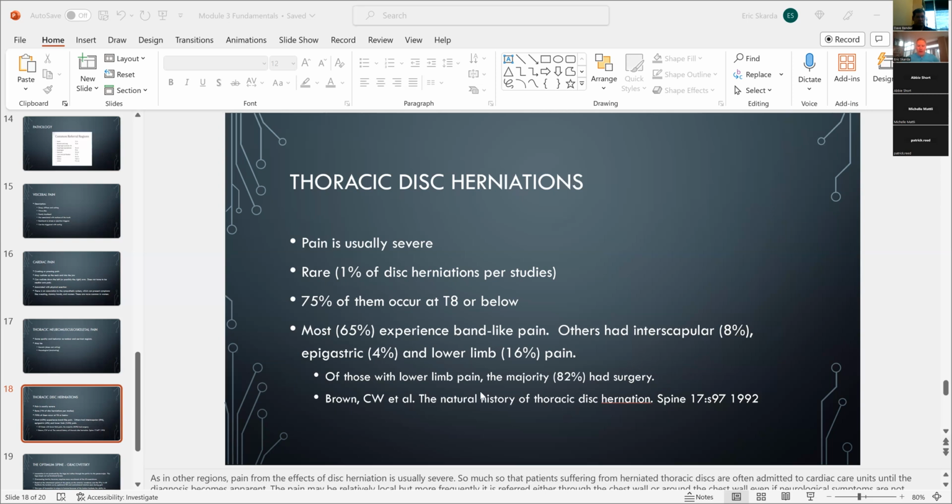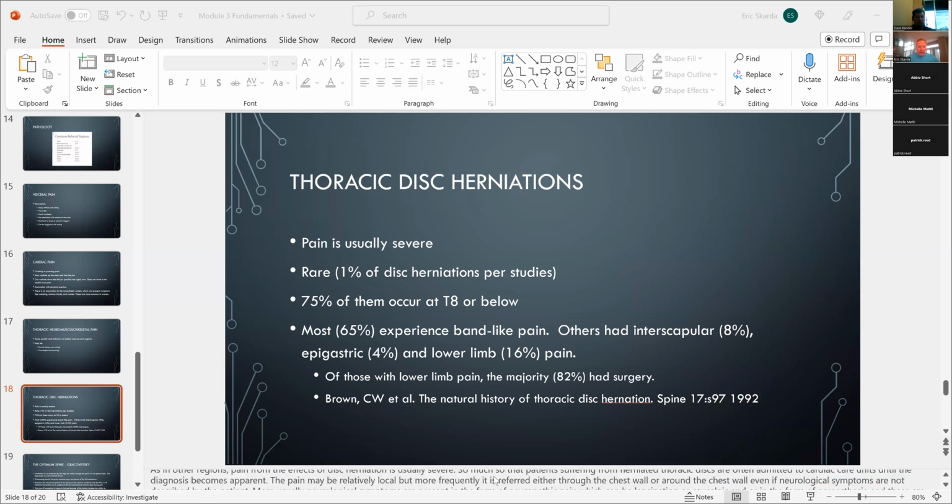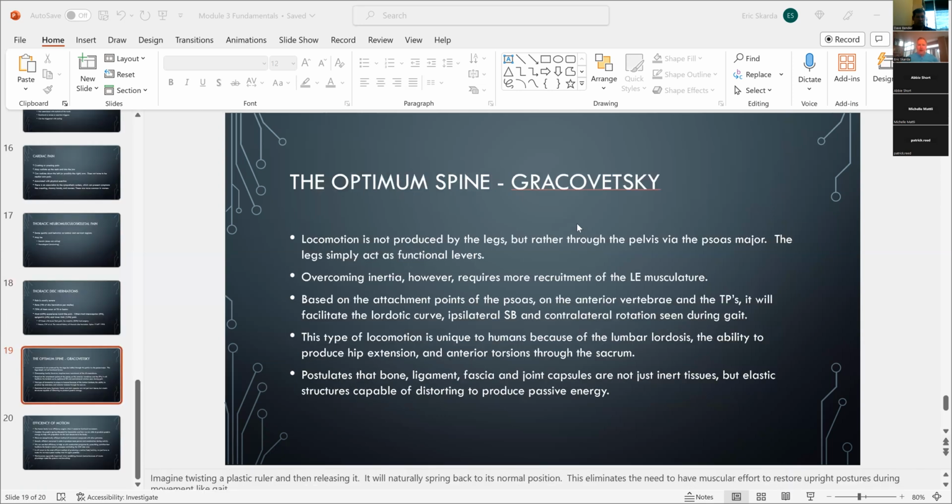So we'll talk more about that, but it makes a lot of sense that if we have a patient that's developed lower limb pain due to a thoracic disc lesion, they're going to have surgery, because the only way they can have lower limb pain with a thoracic lesion is if they're presenting with upper motor neuron symptoms at that point. So that would make a lot of sense that they have to have that decompressed in order to correct that issue. Okay, so a little bit of reference here. That's mostly just the stuff we were talking about up here. Okay, now here's a couple of little things that I do like to talk about